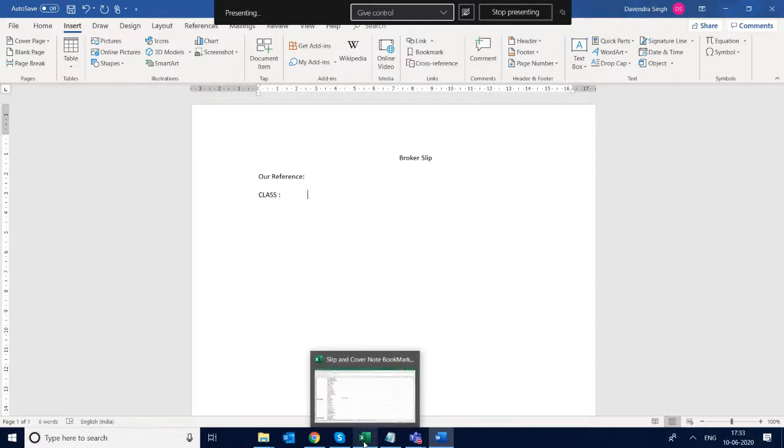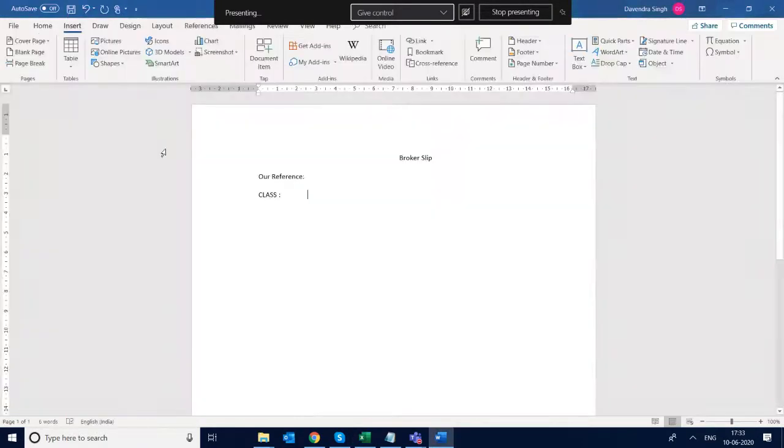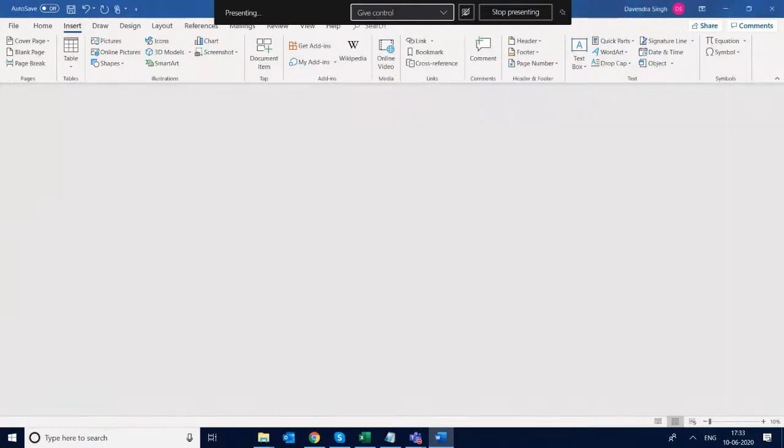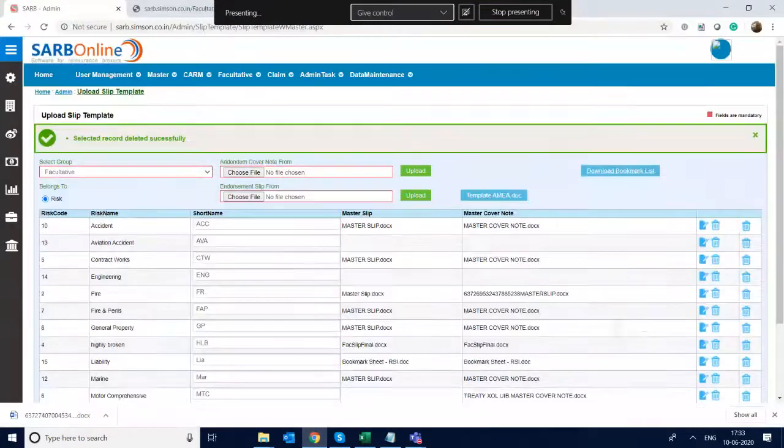When it is ACE followed by a value, this means it is the bookmark, and we need to find the value from the database against the inquiry you are creating, and then replace it with those values. Okay, so that is uploading the slip template, one part.